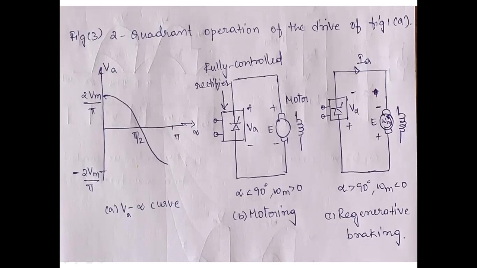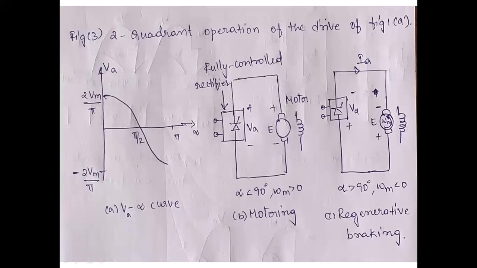So we are using these two quadrant operations where it is utilized in overhauling loads or other active loads which drive the motor in reverse direction. At these applications only we are using the two quadrant operation. In quadrant 1, if you are analyzing a two quadrant operation of a motor, for the motor to operate in two quadrants, what should be there? Forward motoring of quadrant 1 and forward braking of quadrant 2.